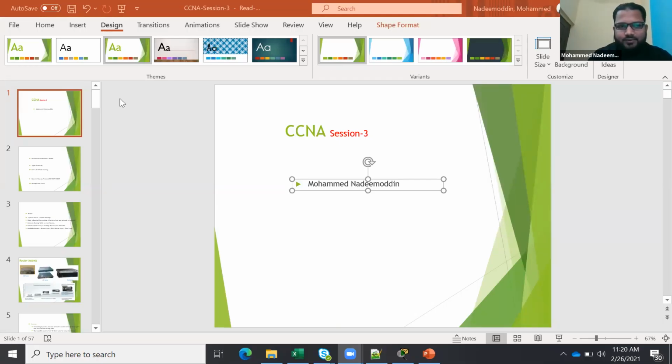So, what we discussed so far, in the last four classes, this is the fifth class which we are conducting. We started from layer one, layer two, and then talked about layer three. In layer two, we talked about all the switching topics like basic configuration of switches, then VLAN, trunk, VTP, STP, EtherChannel. Right, these are the topics we covered.